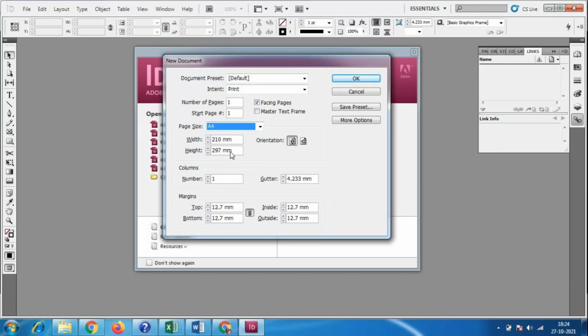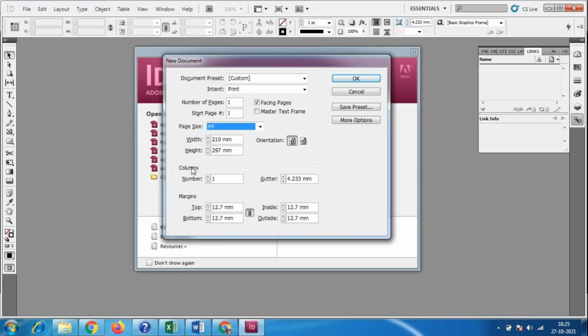So here we have the options portrait and landscape. Portrait is the vertical direction, and landscape is the horizontal direction. Okay, so vertical and horizontal. And we will come to the columns and margins and all these options later.